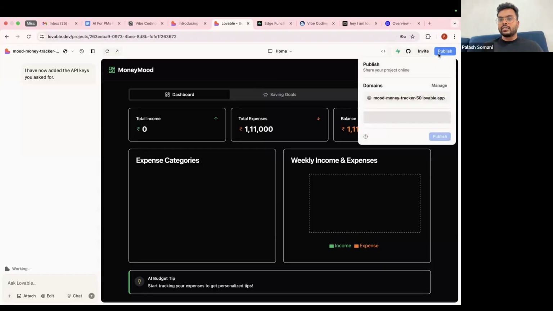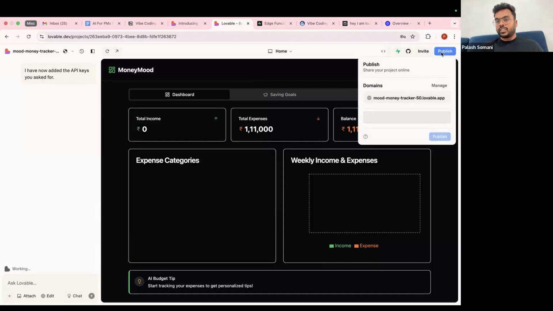Now, once that is done, the last piece of the puzzle was security. While we have been dropping certain elements in our prompts to take care of security, we may still have left some security issues, because as no code builders and non-technical folks, we may not understand the entire aspect of it properly. And it is possible that even if you've prompted it correctly, sometimes the randomness that the GenAI model introduces might lead to certain security issues. So what you can do in Lovable is